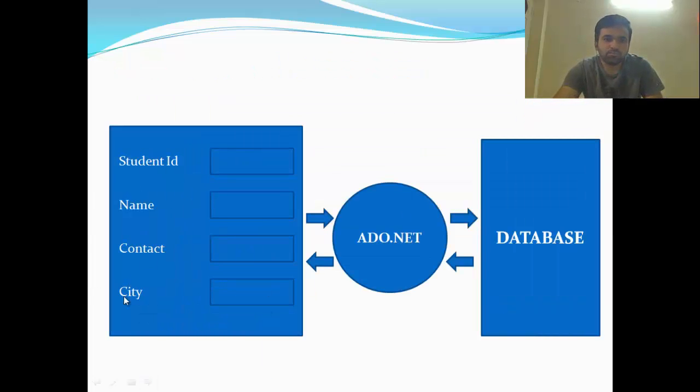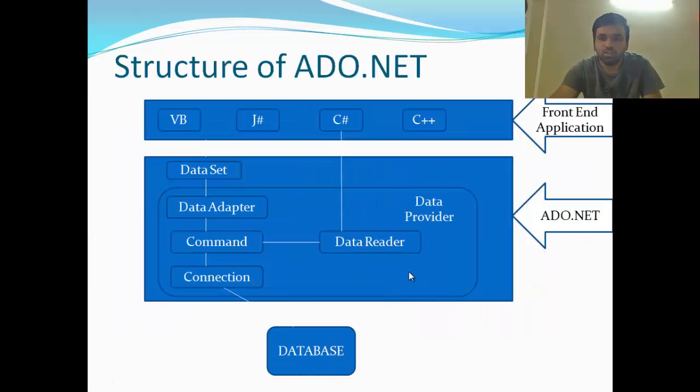Here we can see the front end application. I have designed one form. For example, I have designed this form in VB.NET and my database is here. So I want a connection between them. So here is one technology which is called ADO.NET. Here we can see front end application and database, and in between is the ADO.NET component. Basically ADO.NET is divided in two parts: dataset and data provider. Now we will see the theory in this video, what is ADO.NET. First we will see about data provider.